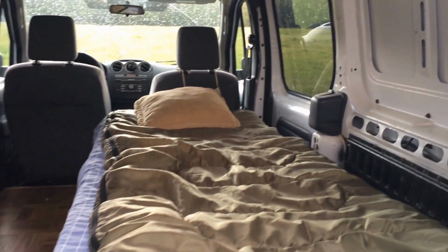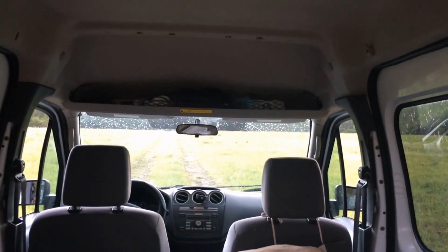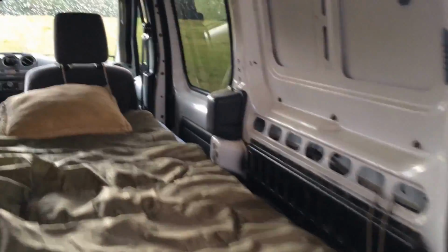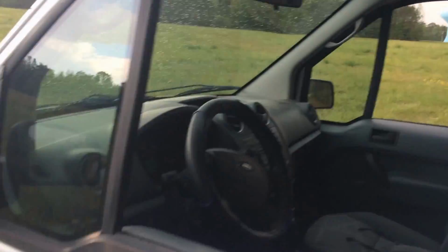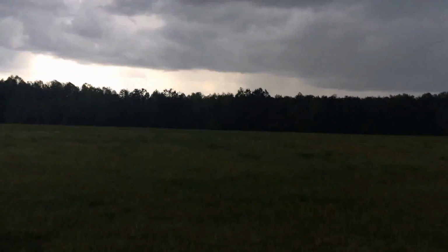There are some issues with it as far as ventilation goes. None of these windows can be open, so that creates a bit of a problem. Only the ones in the front can be open, so that's a bit of a disappointment. I will need to find a way to get that. I have done some research, and there is a product called Skeeter Beater, and it's essentially a screen that you can put on the windows so the bugs can't get in. And being out in the countryside right now, there are quite a few bugs. Probably not the best location to film, but